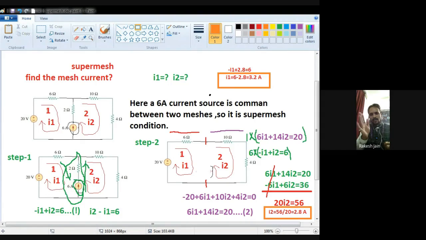And what is the coefficient of I1 in equation first? That is 1 only. Don't see the minus 1 or